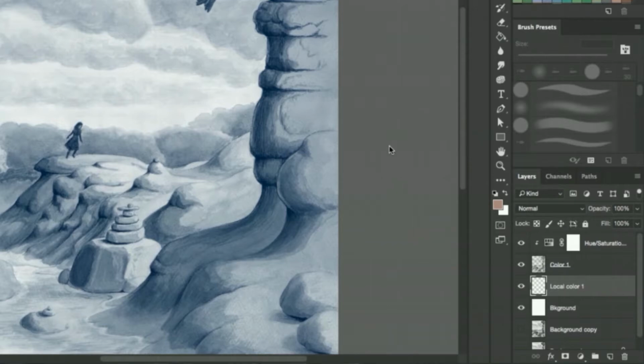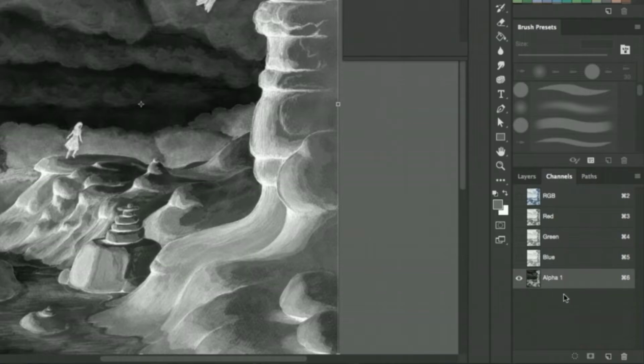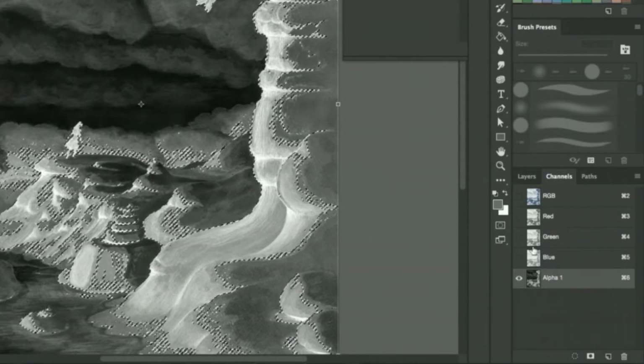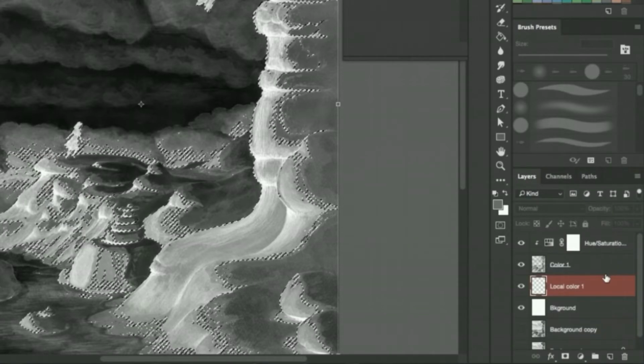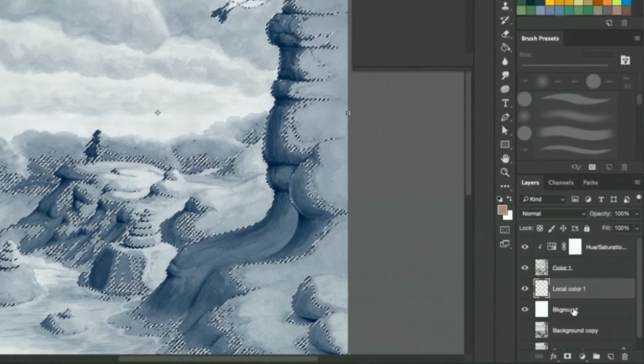Okay, so let's assume that you want to make another fill layer but with a different color. The way that you would do that is to select the layer that you want to add the fill layer to, then go to Channels, select the Alpha 1, which is the inverse picture, and then also select the dotted circle. Then go back to Layers, and right now it's looking pretty weird, so click on Local Color again,